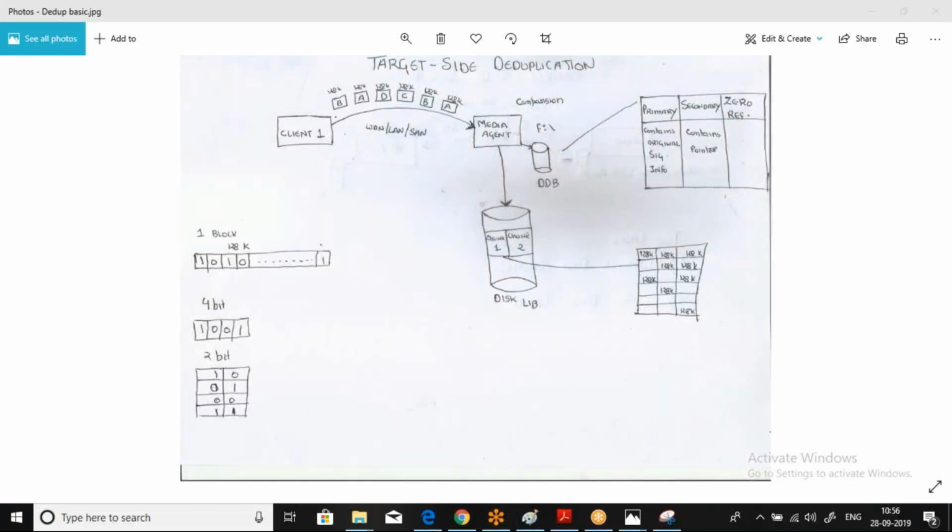Let me share my screen. I think I'm aware of these features actually. Before the backup, it will not transfer the duplicate data over the network. That's something called target side deduplication. It will maintain